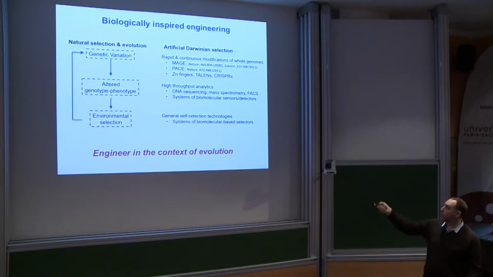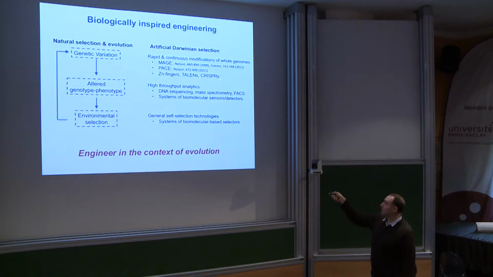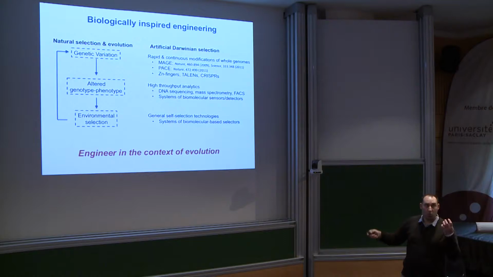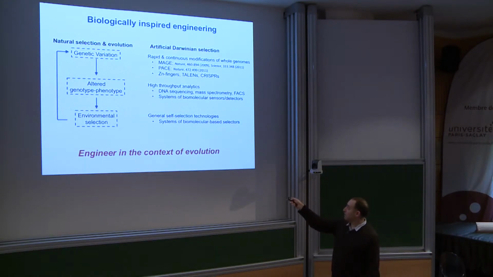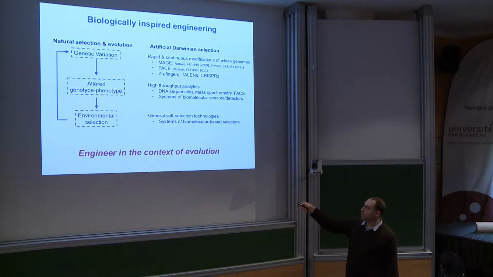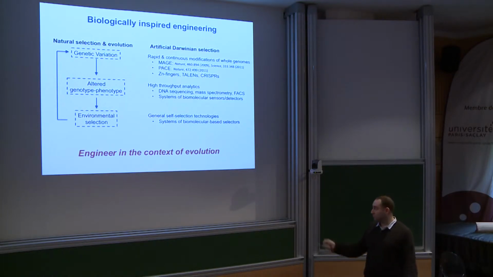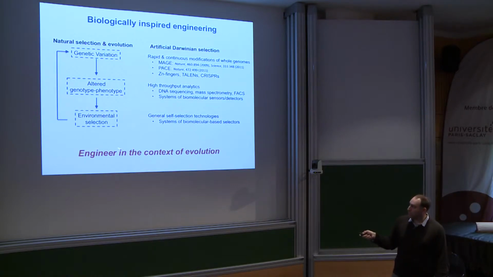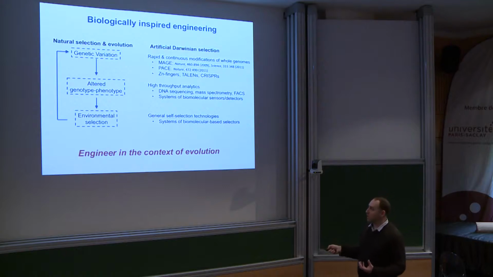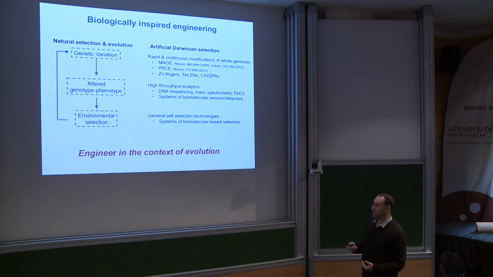You could think about creating, if you will, artificial Darwinian systems, where you could develop technologies inspired by this process of natural selection that allow you to drive rapid and continuous modifications of whole genomes of living cells, and then deploy high-throughput analytics. Clearly, you could use more instrumentation-based approaches such as sequencing, mass spec, FACS, et cetera, but really I'm thinking about embedding in cells systems of biomolecular sensors and detectors that can respond to these changes. And then you could take that a step further by endowing them with the ability to self-select for desired phenotypes. So this is more of a biologically inspired approach, and really the way we like to think about it is engineering in the context of evolution. So I think you can have it both ways. You can develop models to inform rational design, but also appreciate and leverage the power of biology's ability to adapt, evolve, and select for